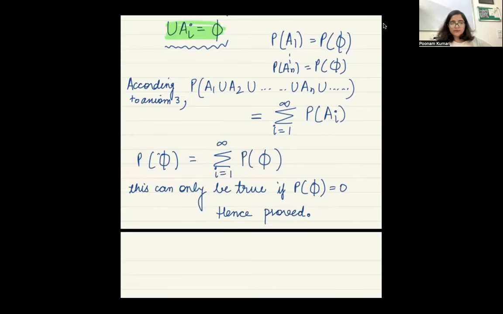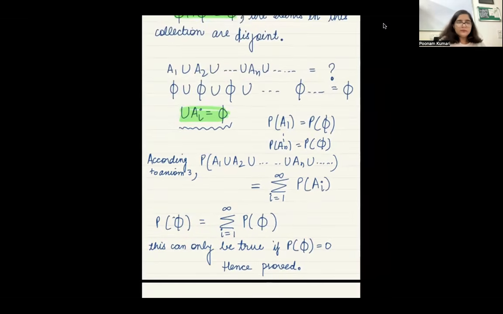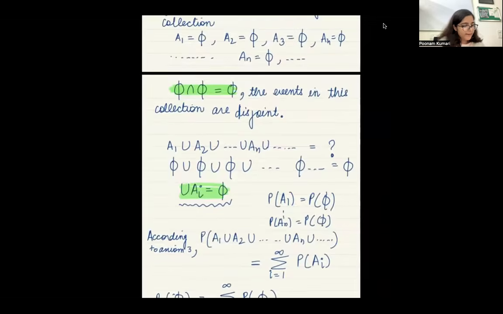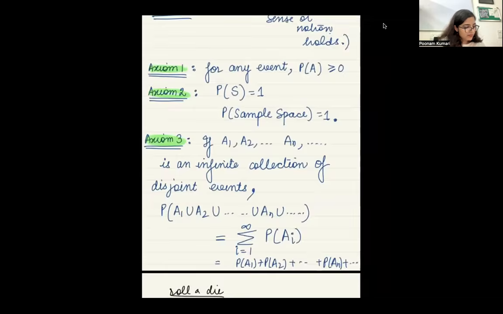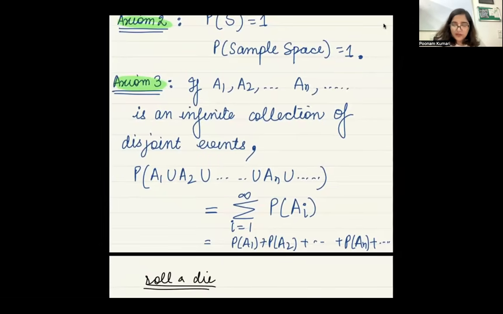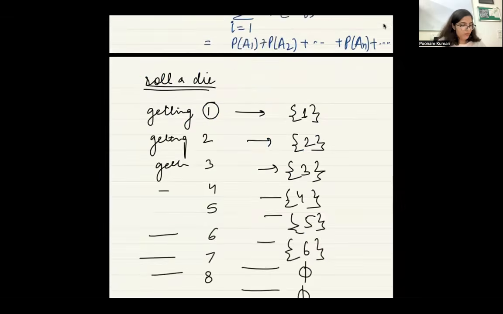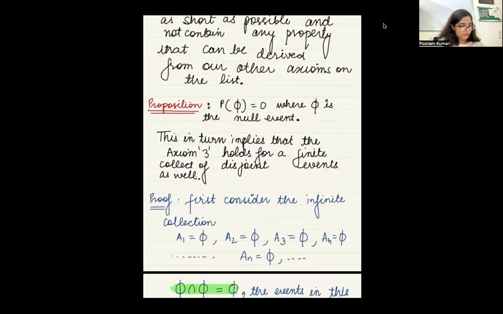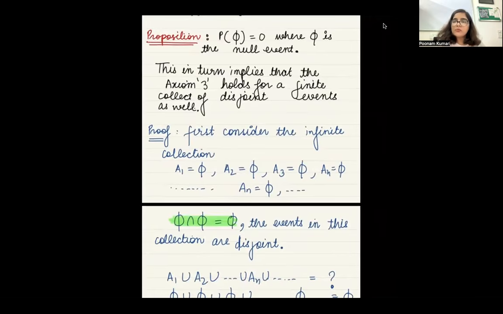Ma'am, I'm not able to understand that there is written that axiom 3 is valid for a finite collection of disjoint events. Okay, this one? Yes. ये statement आपको नहीं समझ में आ रही है? मैम ये वाला समझ आ गया, बट जो हमने यूज किया प्रपोजिशन में कि उसे हम इम्प्लाई करके चल रहे थे कि वो फाइनाइट कलेक्शन ऑफ डिसजॉइंट इवेंट्स में वैलिड एग्जाम 3. हाँ, इसको अभी हम लोग प्रूव करेंगे.